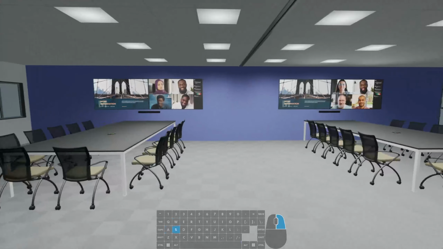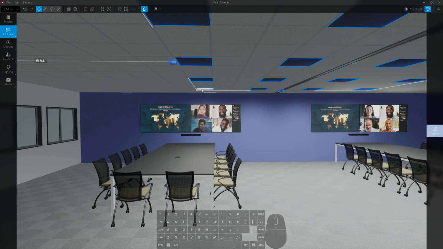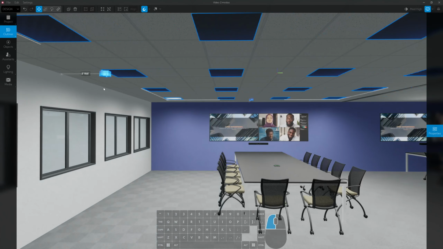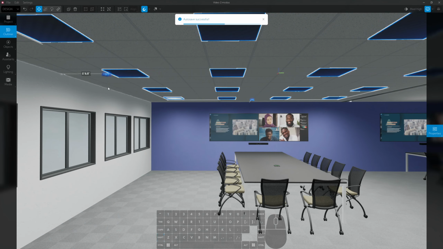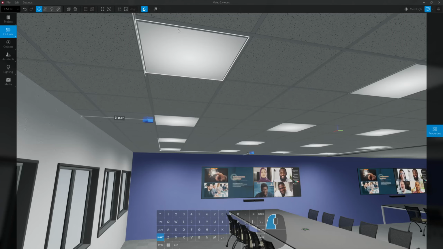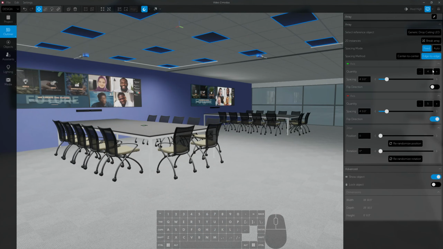There we go. Now the only thing left to do is to adjust our lighting. We still have this in an array. So what I'll do is I will just drag this over, have it line up with one of our grid tiles here as best as we can. Boop. And then I can start adding lights